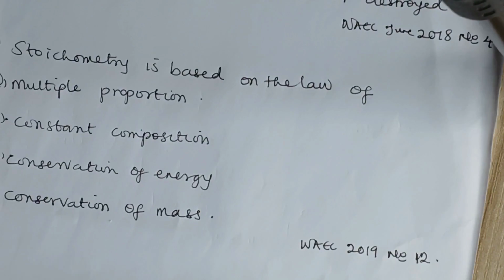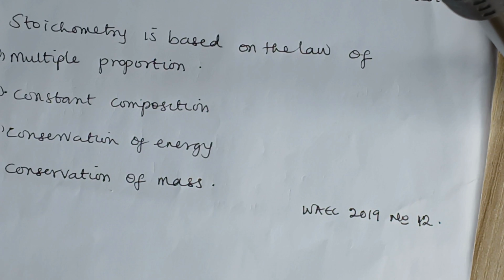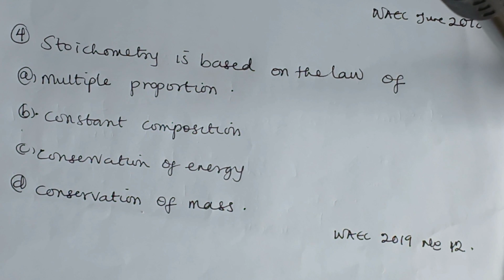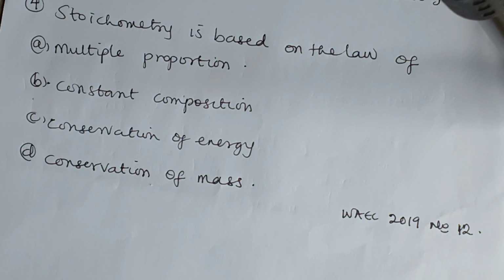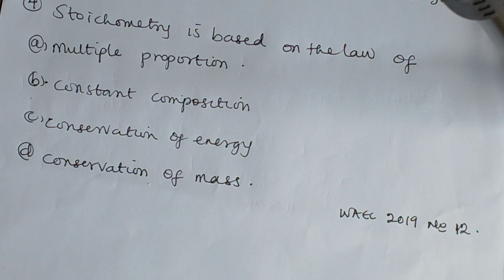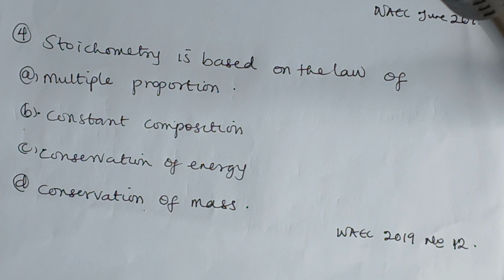The last question is stoichiometry. Stoichiometry is based on the law of what? Now, actually, stoichiometry has to do with the features of a chemical equation, the reactants and the products, the number of moles, their states, then the equality in the products and reactants formed. So when you want to know everything about an equation, the number of moles there, whether the equation is balanced or not, you want to know more, and the result of that equation, it has to do with stoichiometry,